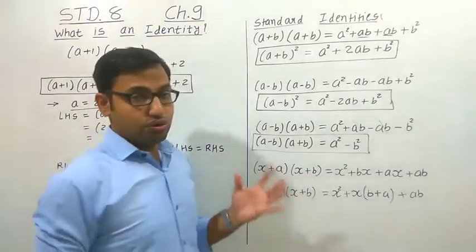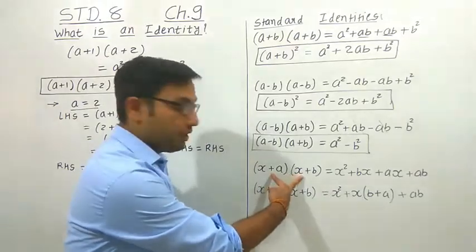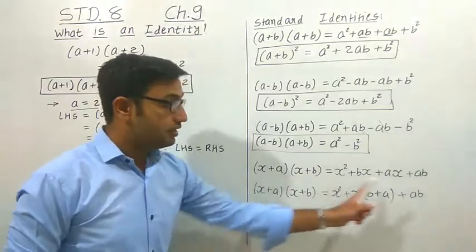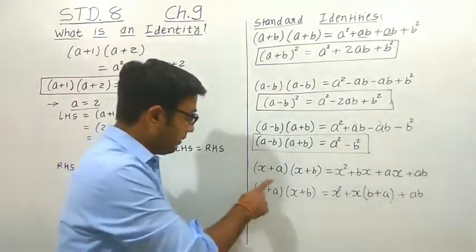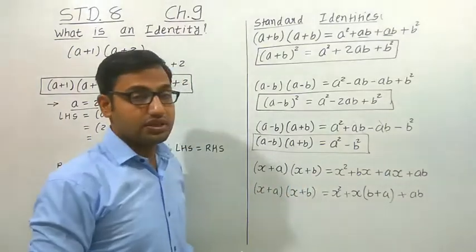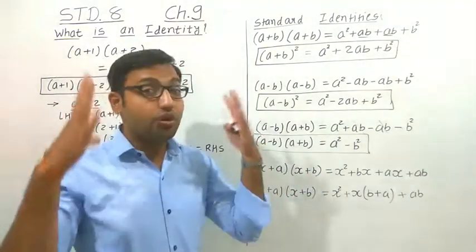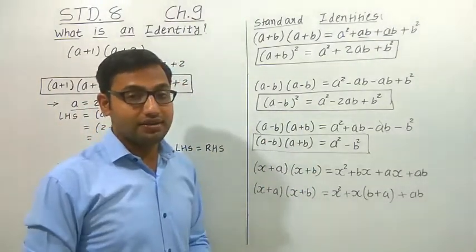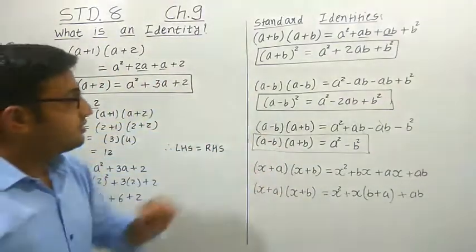So you can also make this kind of identity by changing the sign here. What will happen if both have the negative sign? You can make it by multiplying and simplifying. What will happen if only positive sign is here, negative sign is here? What will happen if positive sign here and negative sign here? That you have to think. And you can make more identities of this kind. Okay. So this is all about the standard identities.